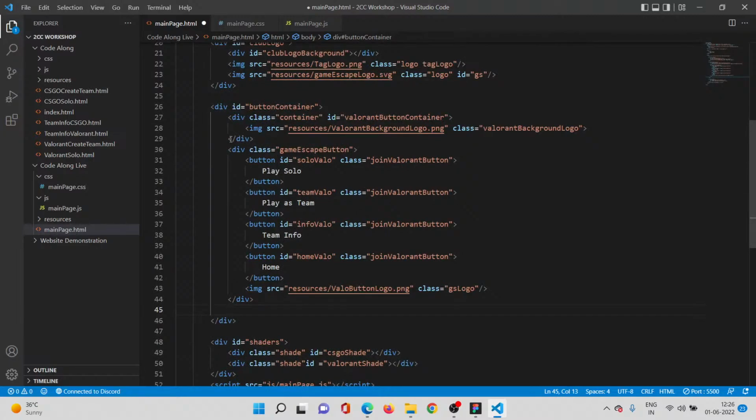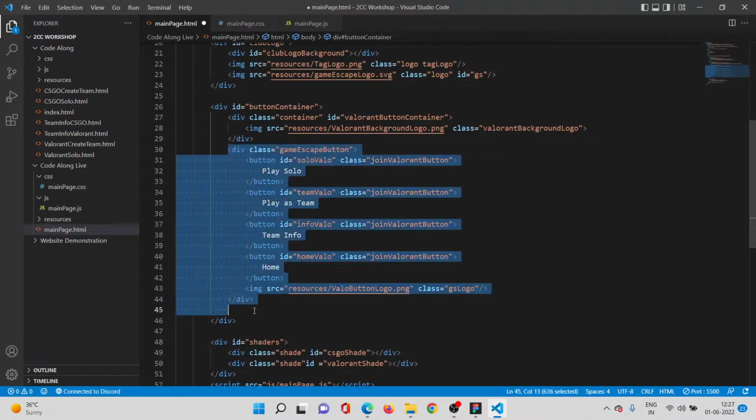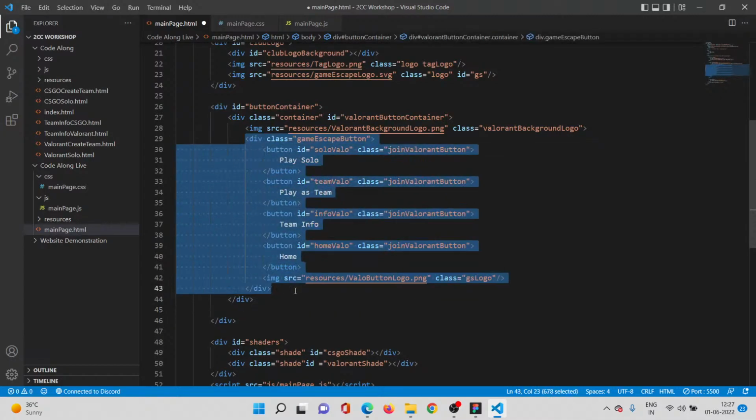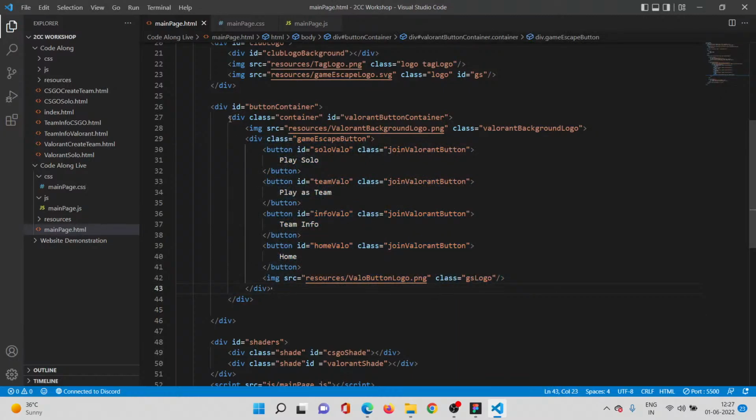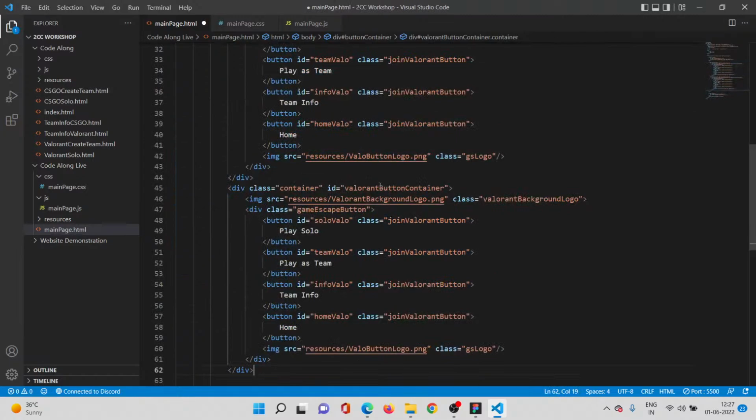Alright, so I messed up a little bit over here. I have to move all these texts a bit over here. Yep, here we go. So now if I copy this and paste over here and change this to CSGO button container,